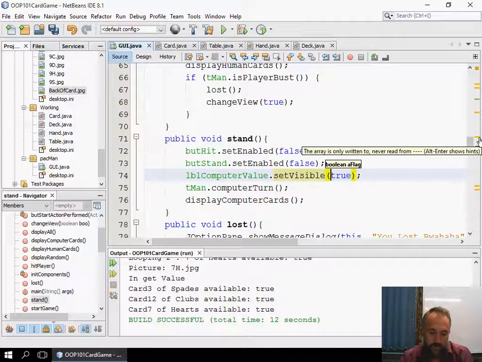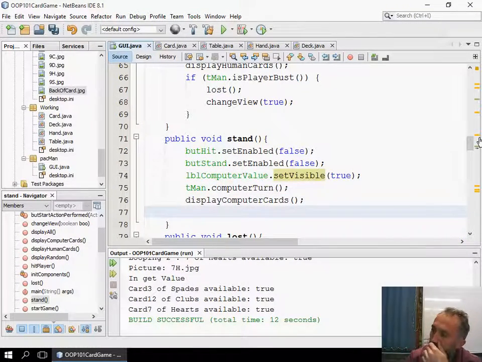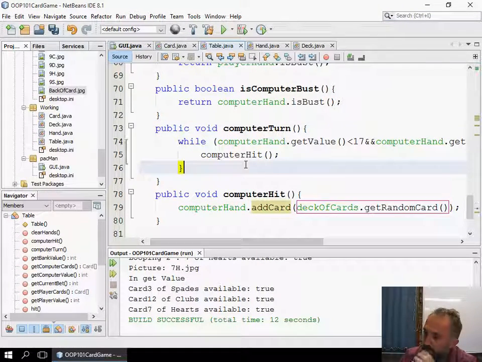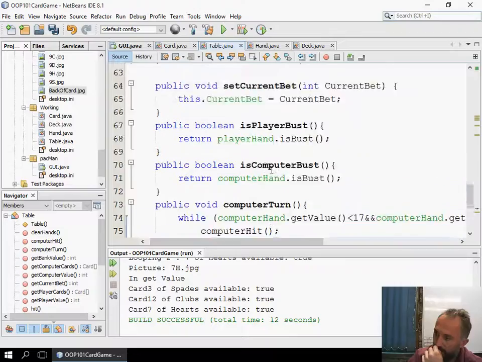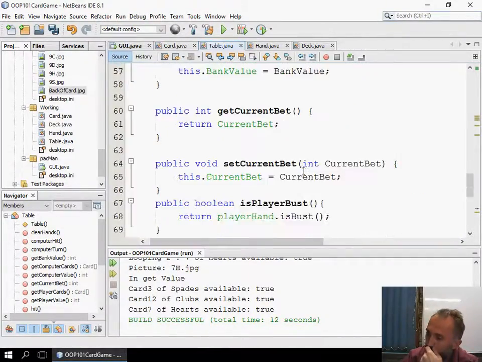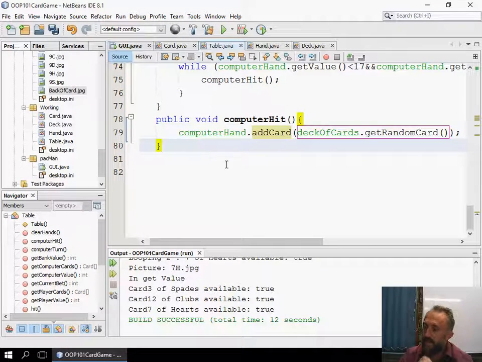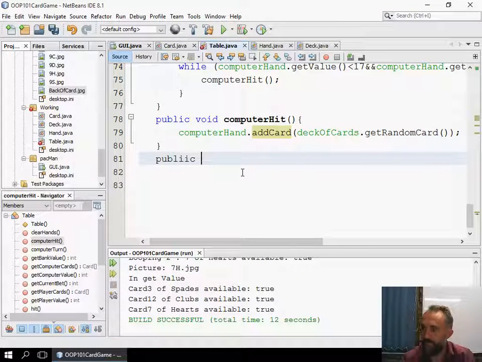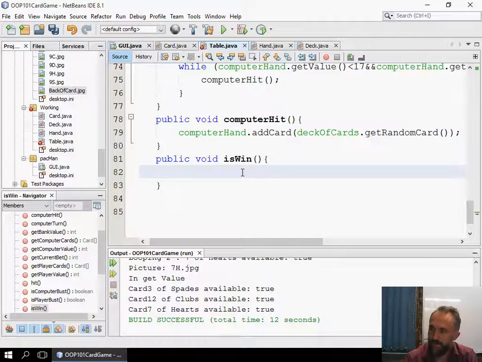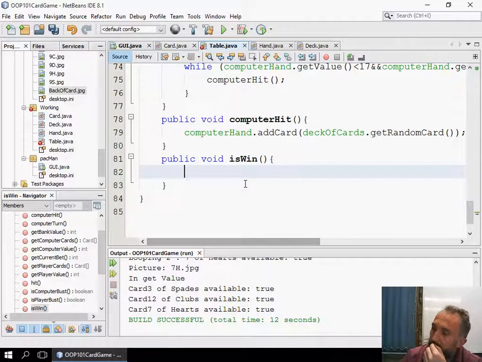The next thing we're going to have to do is check on who the winner is. Now, under the computer turn, this is where we should have already determined who's won or not. We can do that here. So I can make a boolean on there, but I can even create another method. I could say public void isWin. Now, if it is a win,